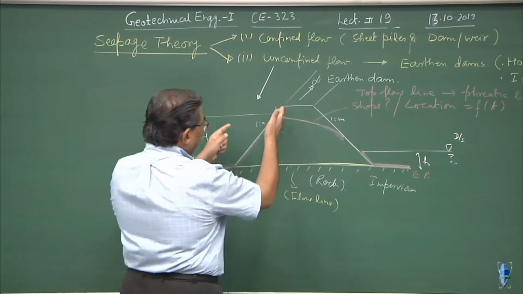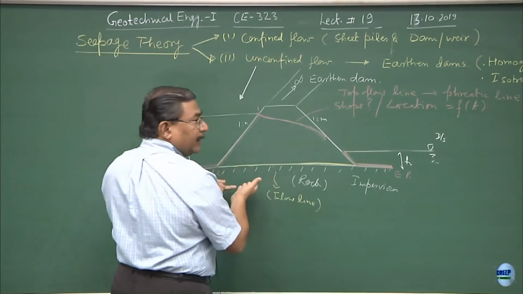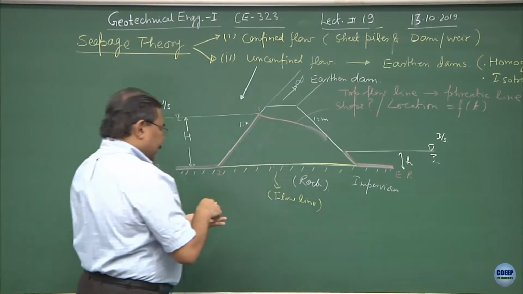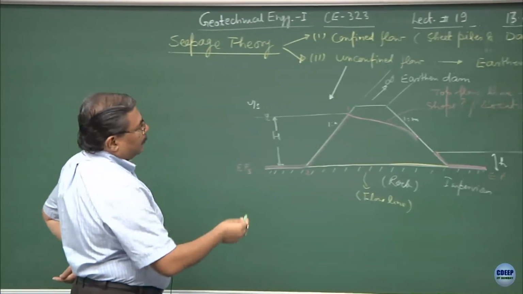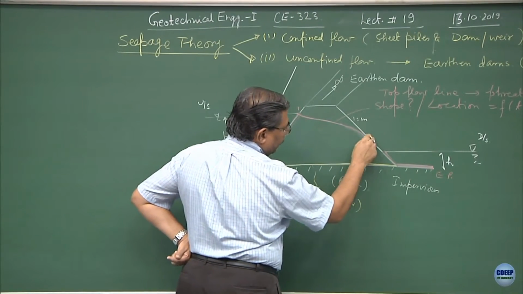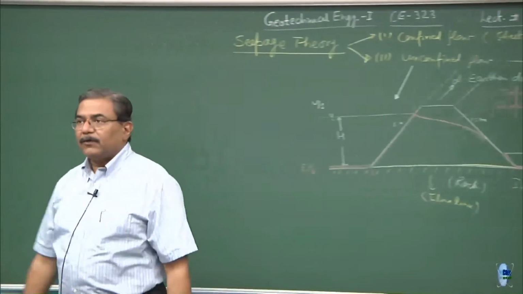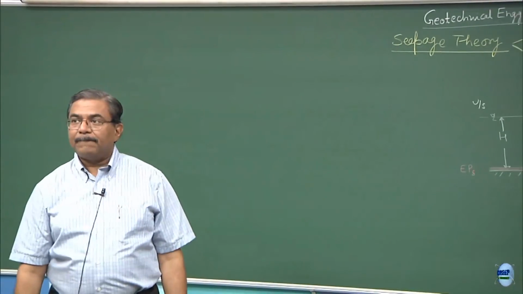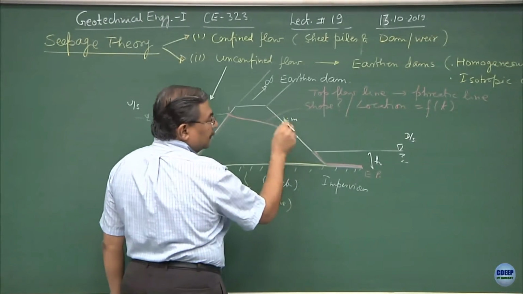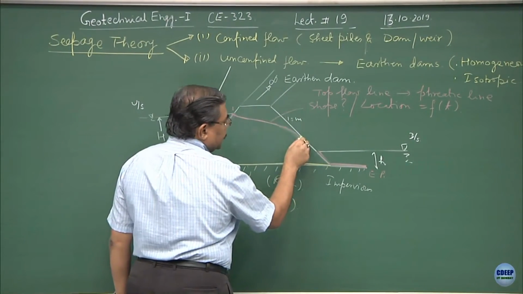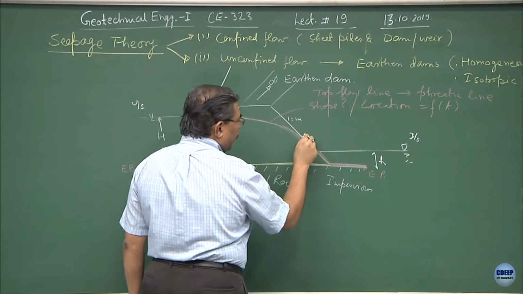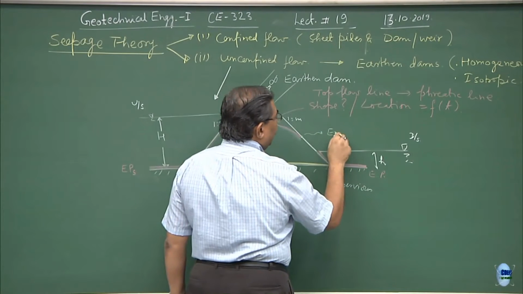The flow is confined between these equipotential lines and the flow line. The top flow line is not known. Now what I am intentionally trying to show over here is, if you allow this type of seepage pattern to occur, it goes and hits somewhere over here, and this is what we were discussing in the last lecture. Meaning thereby, if the line of seepage hits the earthen dam at the downstream side, from this point onwards the erosion will occur.